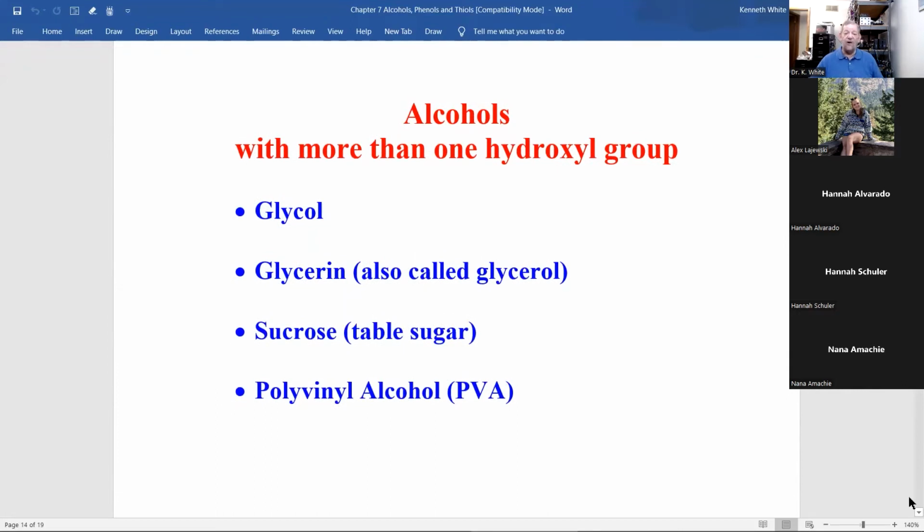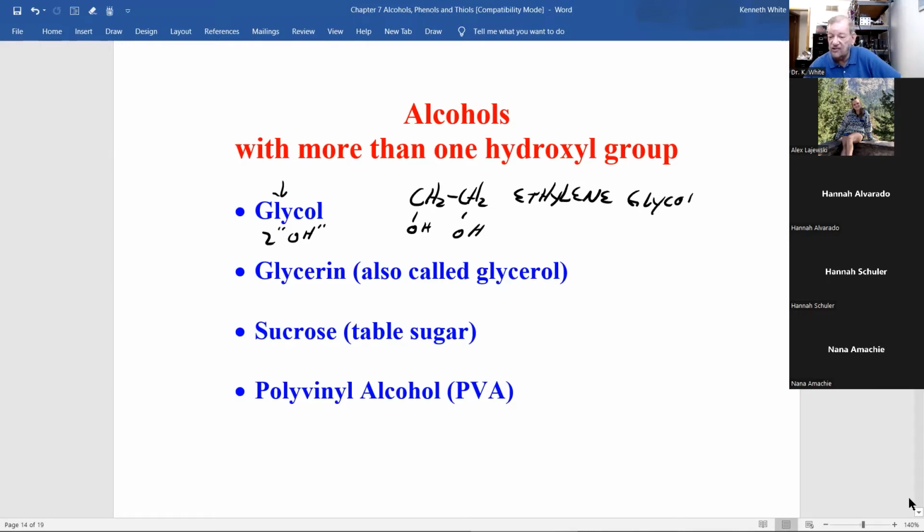Let's talk about alcohols with more than one hydroxyl group. And I thought you'd like to learn about that. When it has two hydroxyl groups, or alcohols, we call that a glycol. And I'm turning the switch, we'll just be on test, to the off position. And probably one of the most important glycols is this. This is called ethylene glycol. It's a common name, not IUPAC, but it's used in our society.